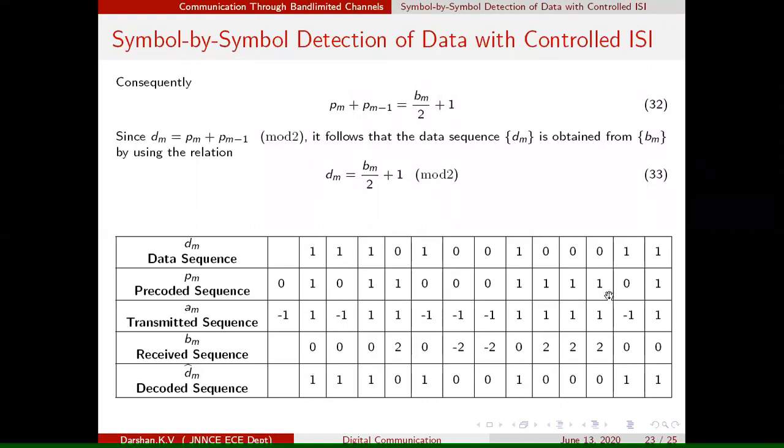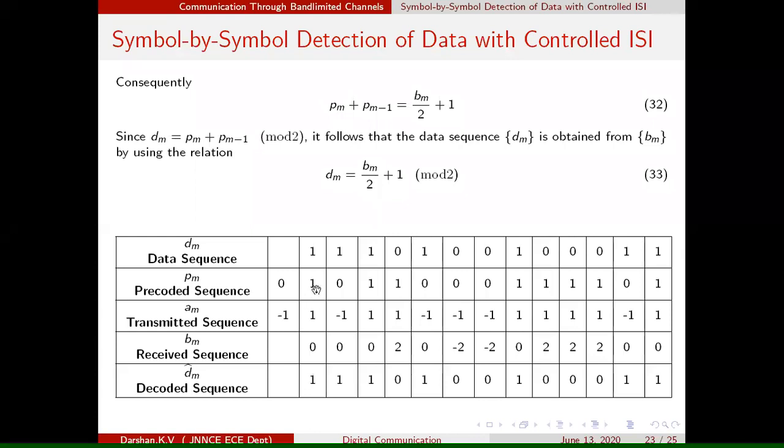On this pre-coded sequence we will perform the pulse amplitude modulation. Pulse amplitude modulation is very simple. Whenever the symbol is 0, you convert it to a pulse of amplitude minus 1. Whenever you have 1, you convert it into an amplitude of plus 1. That is what we are supposed to do. Let me give a mathematical procedure to convert from the symbol to the amplitude. Currently you understand, whenever you have 0, you get minus 1.